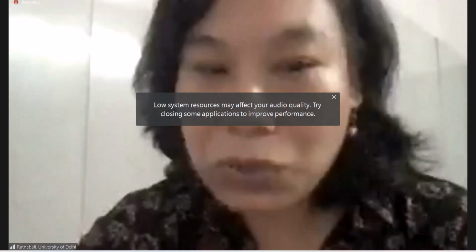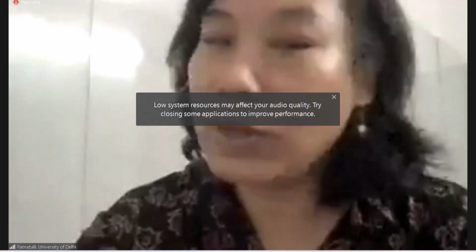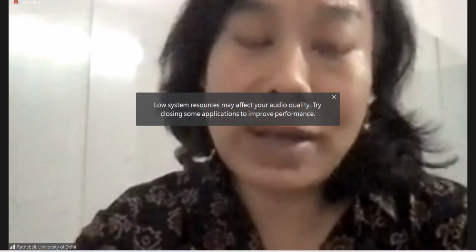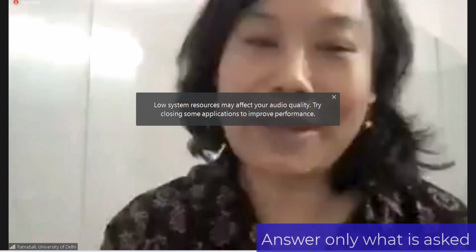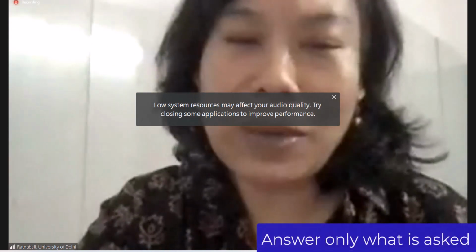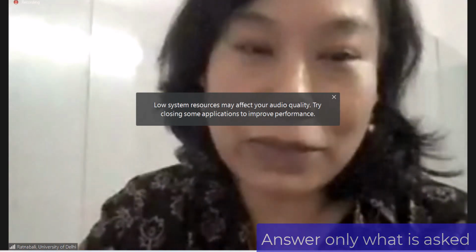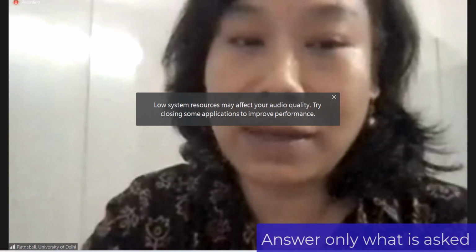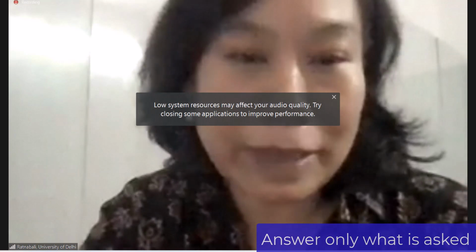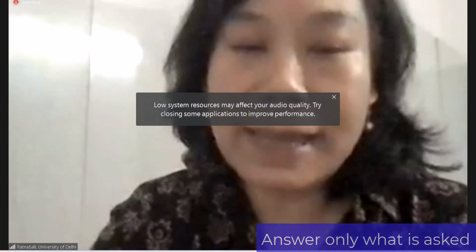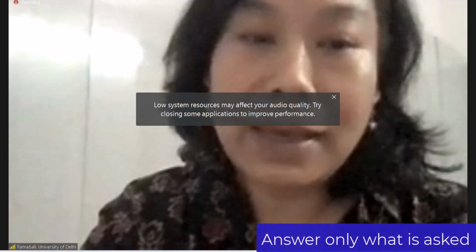I would also like to reiterate the point which Professor Sunanda has specifically focused on: don't write the answer just because you first identify that this particular question has been asked from this topic, and then start writing whatever relates to that topic. No, that shouldn't be the way of answering a question. Read the question carefully, whether it is asking for explanation, for elucidation, or for critically analyzing the issue.